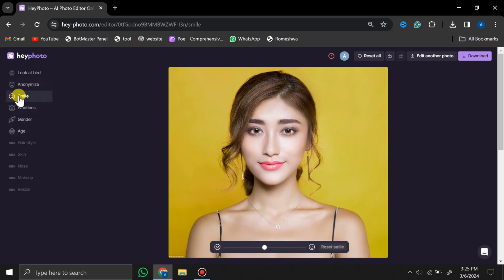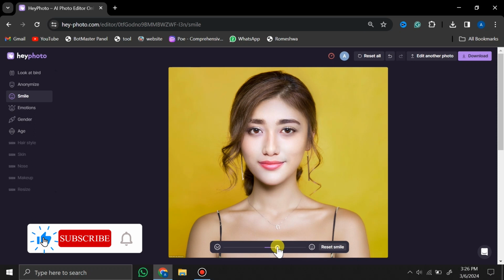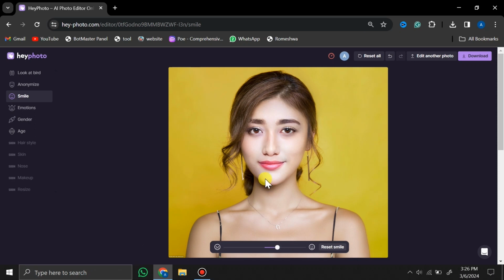This is one of my favorites, and here you can see we have a slider. If I move this slider towards the left side, it is going to make her look sad. And if I move the slider to the right side, it will make her face smile. So I am going to move it a little bit here, and it starts doing the processing. Here you can see I really have a smile on her face. You can see even the lips are a little bit open. If I move this a little bit more,